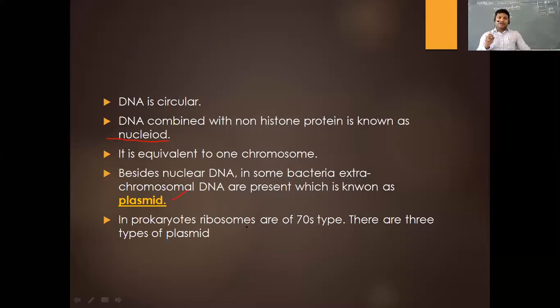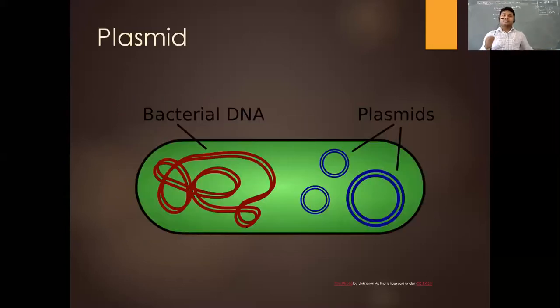Now one second point of difference here is the bacteria are having one type of ribosome, and these ribosomes are going to be of a different type. It is called 70S ribosome. Now, when we go to the cell chapter, we will learn that the eukaryotic type is different from the prokaryotic type. Remember 70S, and in case of eukaryotic, it is going to be 80S. Again, we will talk about that when we go to the cell chapter.